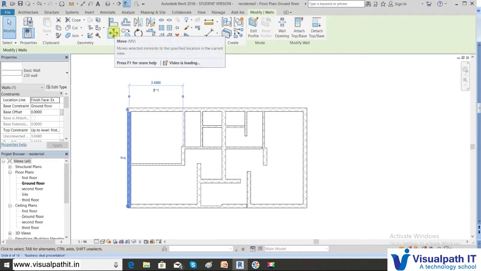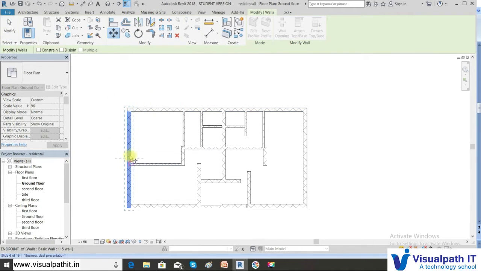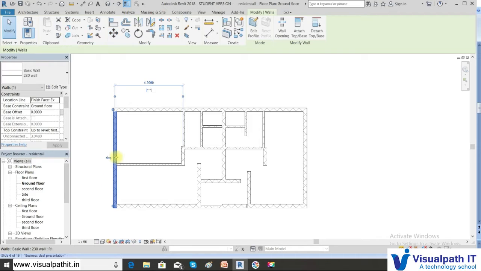So select move. These are the snaps, which are all switched on by default; we will see about snaps later on. You can see the endpoint. Pick the point from which you want to move, maybe a midpoint. Click on the point, drag your mouse and type the value. It is showing 0.7. If you want to move by 1 or 0.9, type the value, such as 0.9, and press enter. The object gets moved.